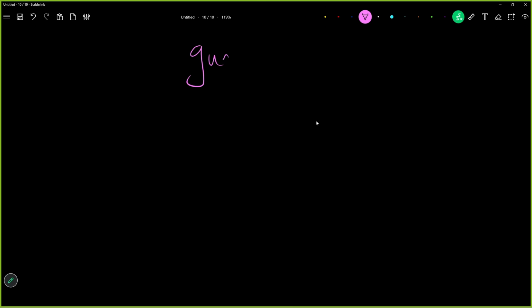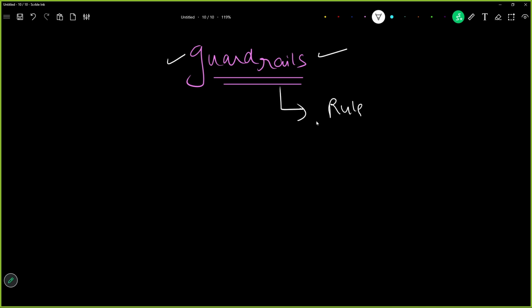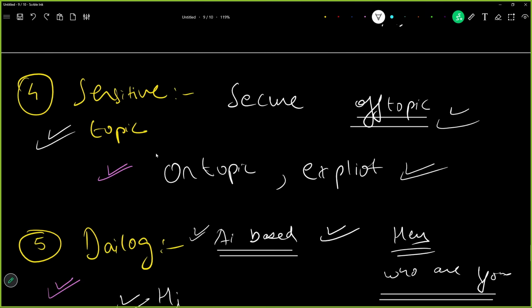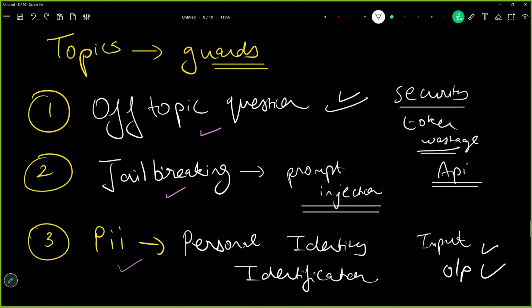Now, if I break down the word guardrails, it comprises two words. First is guard, which means secure our large language model, and second is rails. What are these rails exactly? These rails are rules and regulations, which we are applying to guard our system. How exactly will it know which particular constraint it wants to guard? Now it is our choice if we want to apply guard on all of these topics or any one of